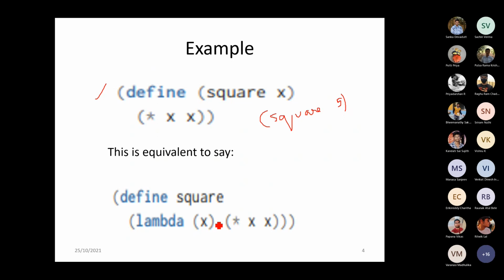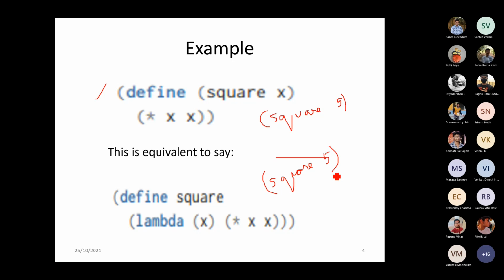How about this one? Whenever I say square, it is lambda of x and so on. To pass the value to the lambda, I have to have a parenthesis where the value is passed. So with respect to the procedure call, both ways are the same.